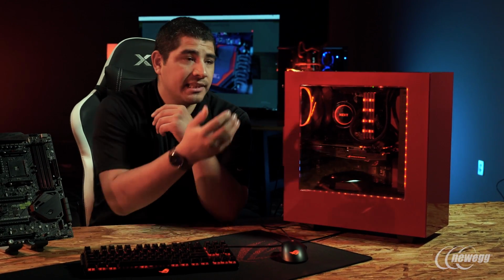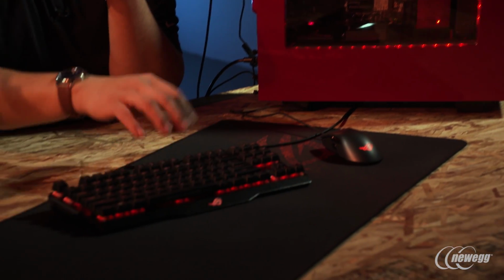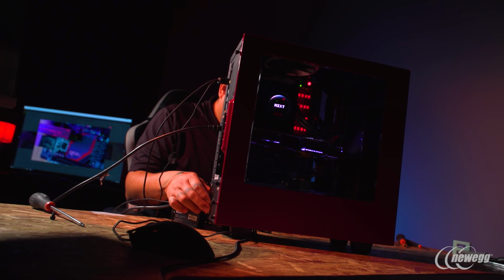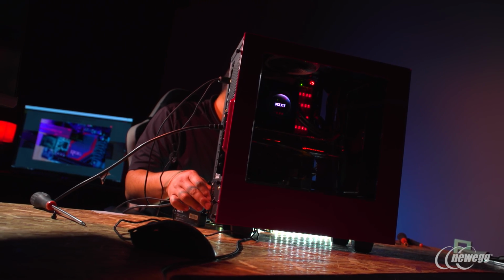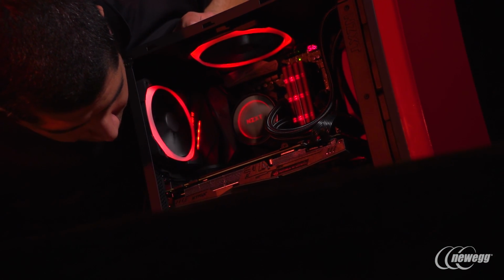if you want to throw in things like the custom paint job that we've got from Colorware, of course, the awesome RGB enabled accessories like the Claymore and the Gladius 2, and of course, a lot of the special additives that we've got in terms of the cable mods, RGB LED strips, or the air fans. But that's one of the great things about PC DIY is you've got a lot of flexibility. If you're looking to be able to make a cheaper system, you can easily scale down on some of these